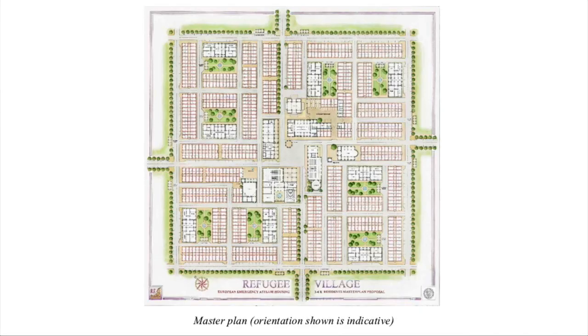I'll show you the master plan. What you see here is, of course, the plan of what I was showing you previously, where you can see that there are really 4 urban quarters arranged around a pinwheel-shaped central plaza where public amenities, essential amenities for arriving refugees are clustered. So you have refectories, you have, I wish I had a pointer, which I don't, but at any rate,